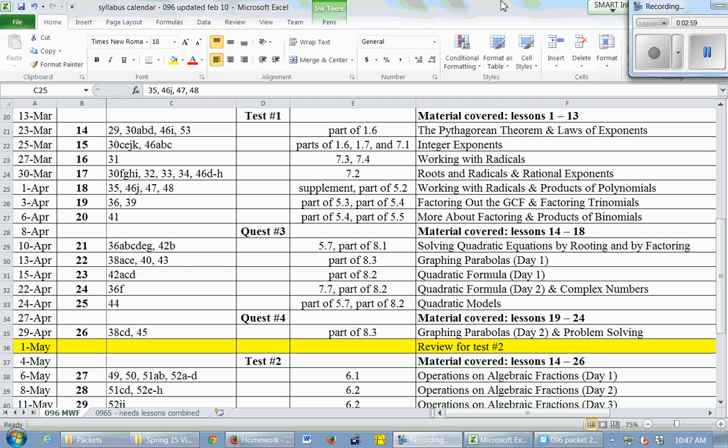I'll have some calculators to lend. I just want to warn everybody, owning a scientific calculator that you can use for tests, like this one or this one, is required for the class. It says that you're supposed to have one in the syllabus. I typically bring calculators for everybody to borrow if you need one, but I just want to warn you that